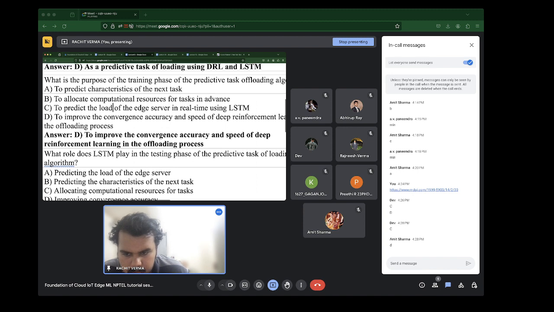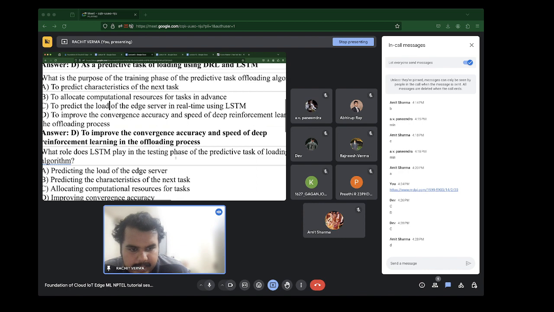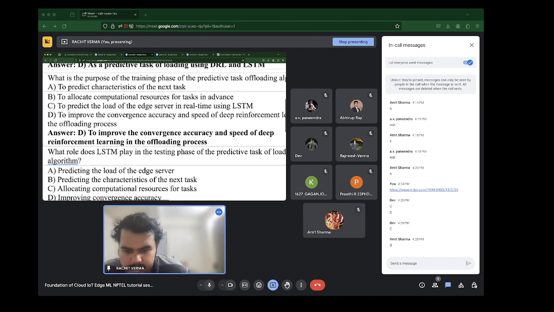Fine. So what role does LSTM play in the testing phase of the predictive task offloading algorithm? Is it A, predicting the load of the edge server, B, predicting the characteristics of the next task, C, allocating computational resources for tasks, or D, improving convergence accuracy?